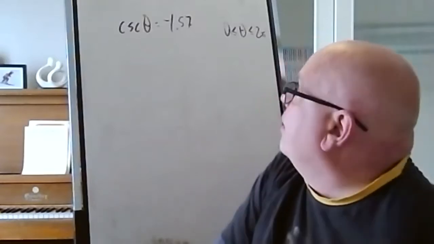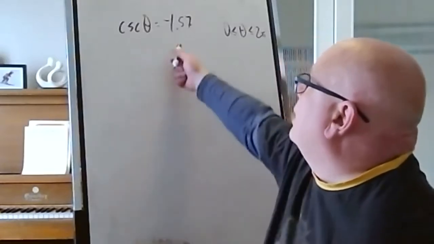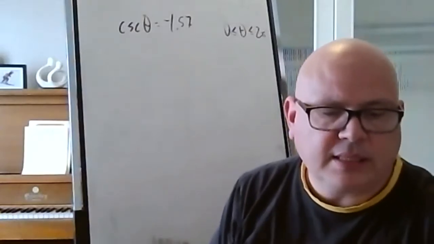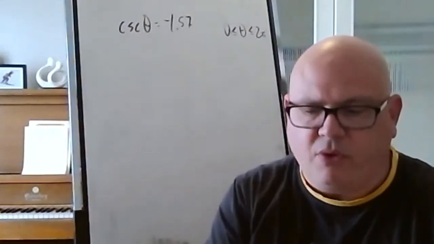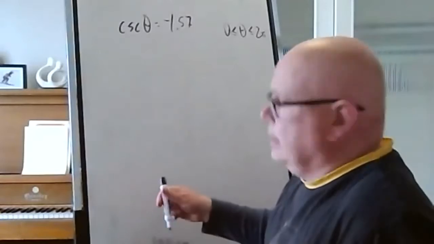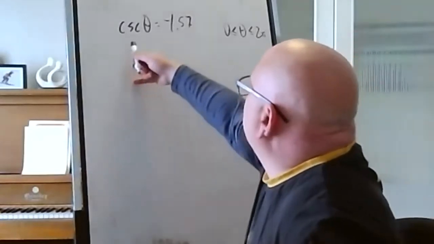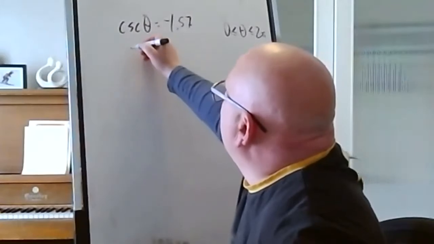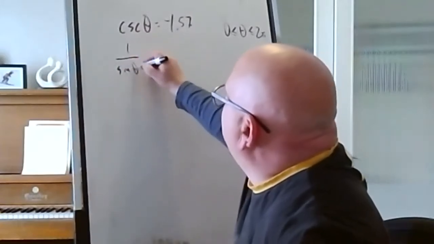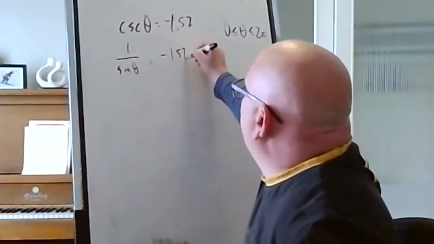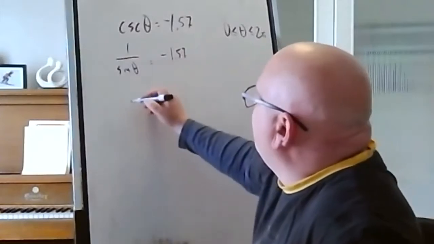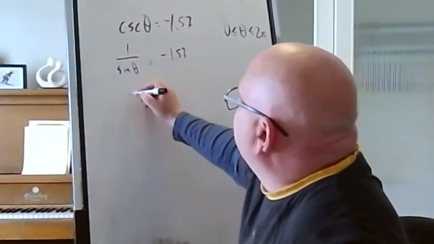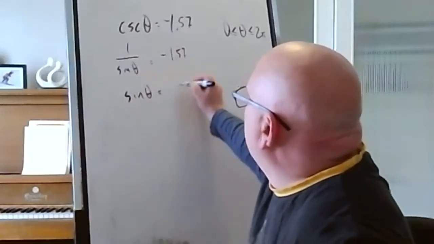Some of you that are a little more astute are going to recognize that 1.57 is half of pi, but regardless, that's not what this is looking for. It's prompting us for decimals, so we are going to jump into our calculator to do this. Cosecant theta is equal to -1.57, therefore 1 over sine theta is equal to -1.57. Multiply both sides by sine theta, divide both sides by -1.57. We end up with